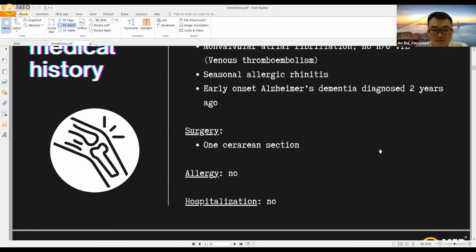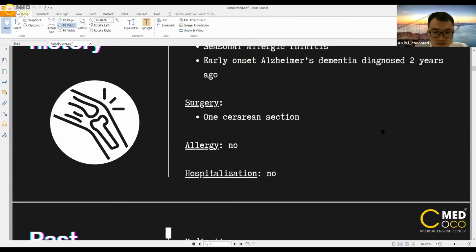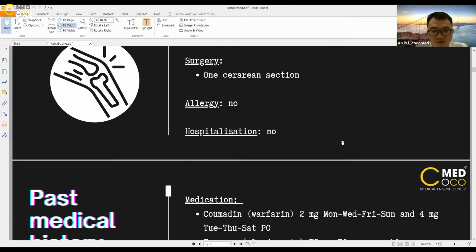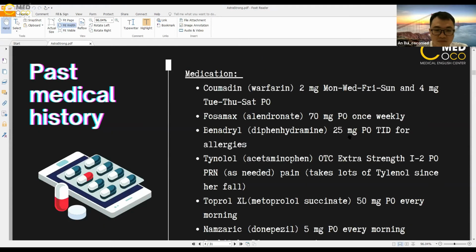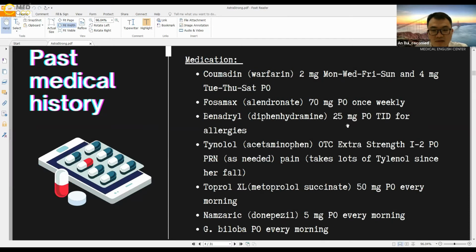For surgery, she has had one C-section. She isn't aware of any medication allergy. She hasn't been to the hospital except for the C-section. For her prescription, she has a lot of drugs. The first one is Coumadin, with the active ingredient warfarin. She takes 2 milligrams on Monday, Wednesday, Friday, and Sunday, and 4 milligrams